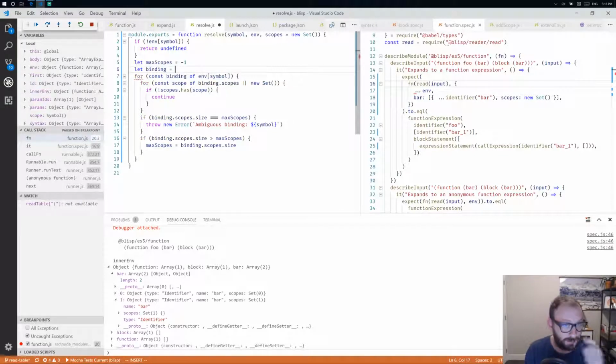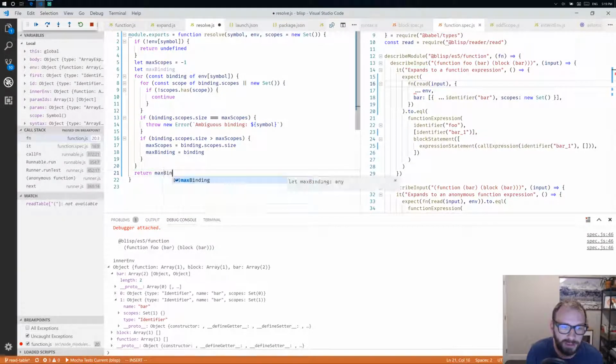Let binding equal. Just let binding. All right. So binding. Oh no. Max binding. Why not? Okay. Max binding equals binding, and we will return max binding. Okay, so